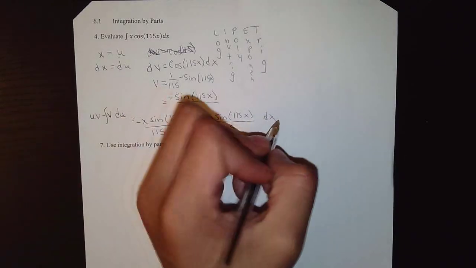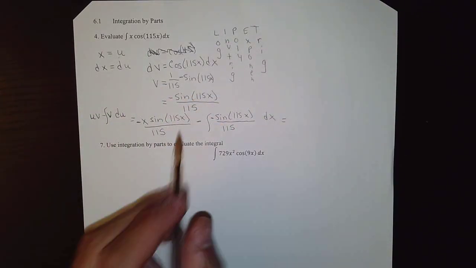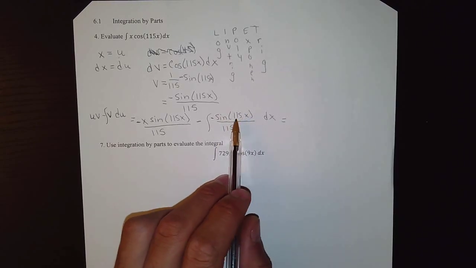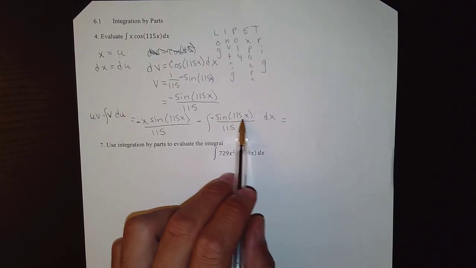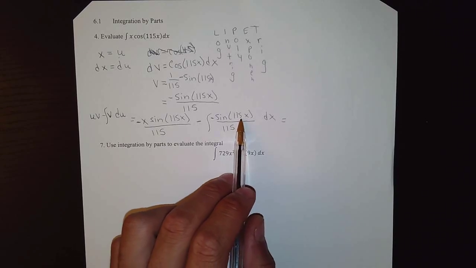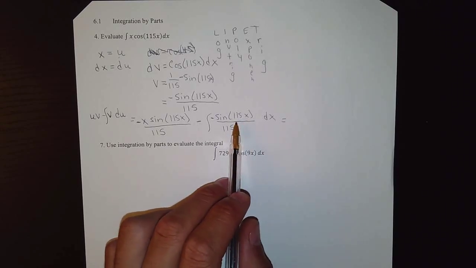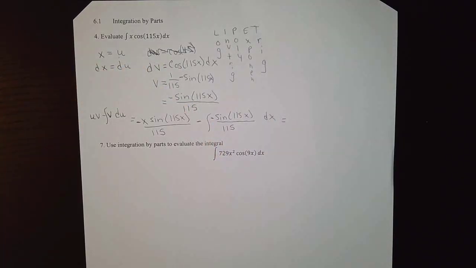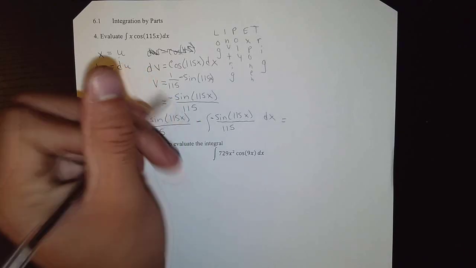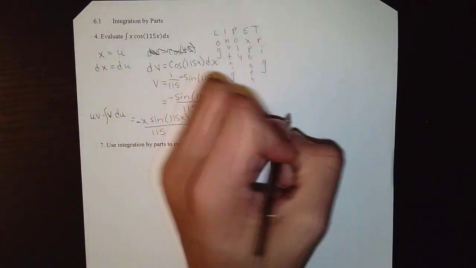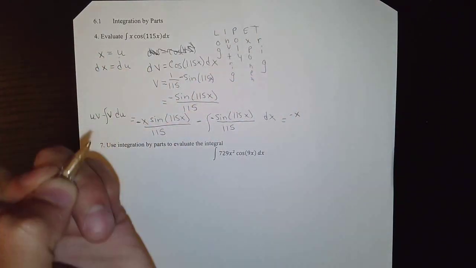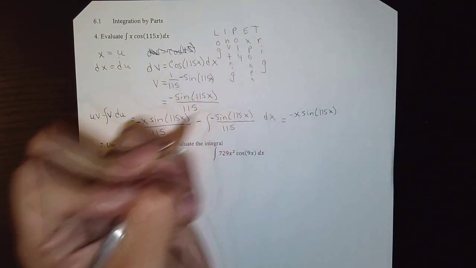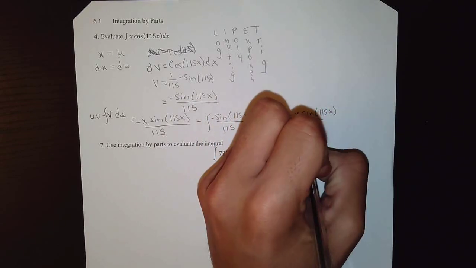And so when we find the final answer, we take the antiderivative of this, but this is just a u substitution. Let u equal 115x, then du is 115 dx, or we bring out another 115, so this would also become a plus, so we'd have x sine of 115x divided by 115